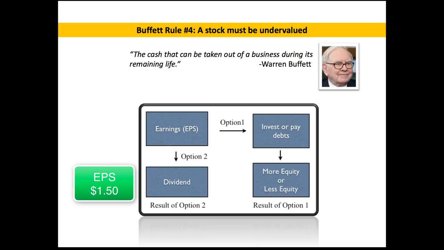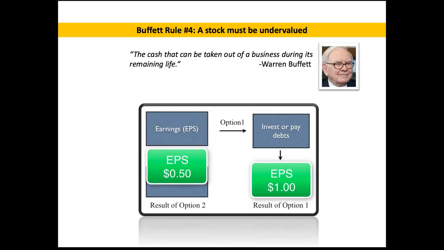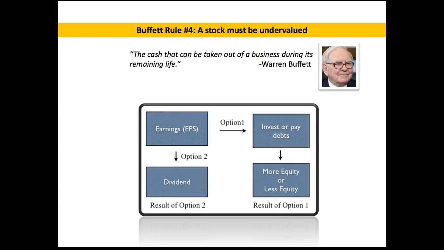And so what you actually see with companies is not that they take one option or the other, but they actually take both. So what you'll find a lot of companies do is they'll put a portion of that $1.50 into the equity, and then they'll put another portion of the $1.50 into the dividends. So they might pay 50 cents in the dividend and $1 into the equity of the business. But that total, that EPS is turning into either more equity or into dividends.